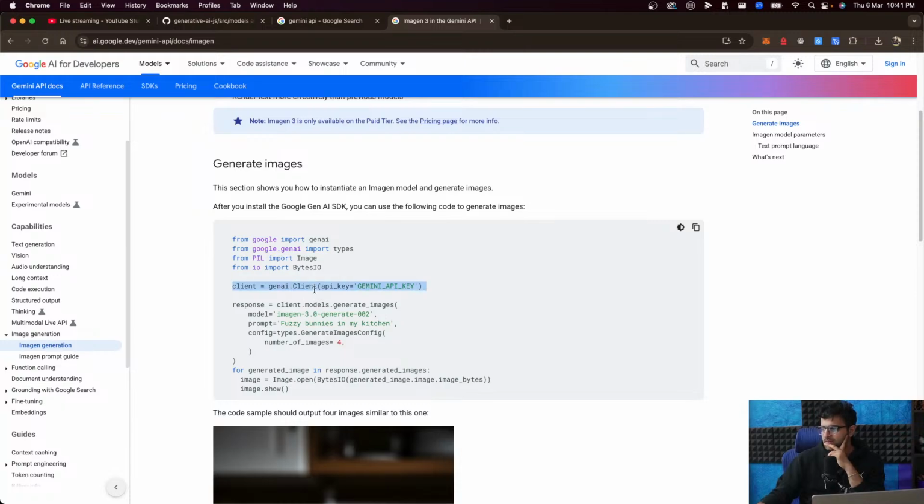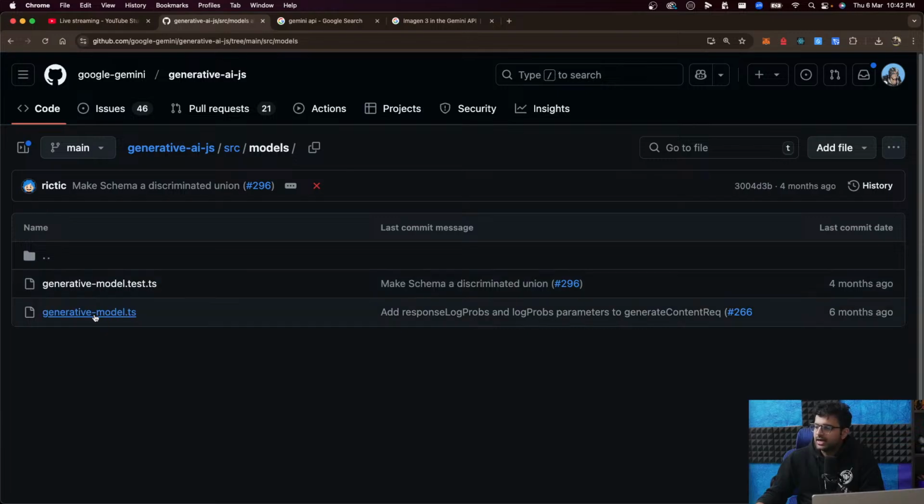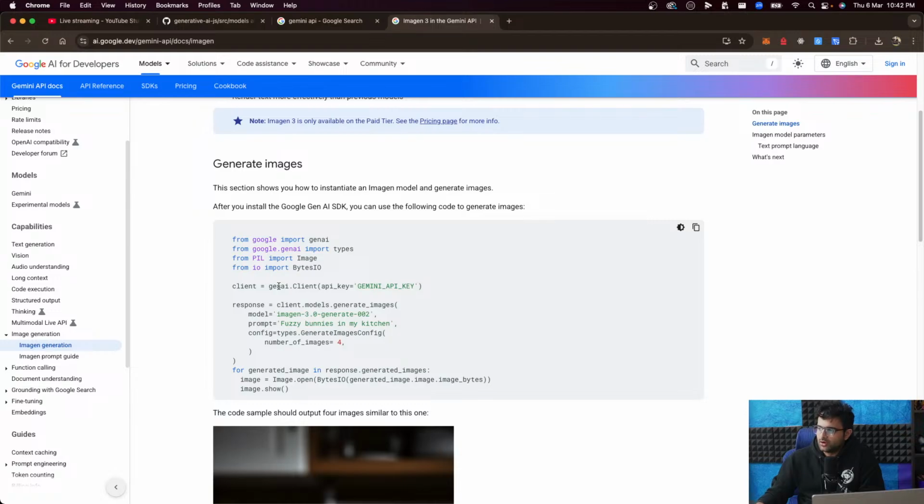genai.Client in the Python SDK, client.models.generate_images, model name equal to this thing. So yeah, that's not great. What I was hoping was, it seems like they expect us to make changes in generativeModel.ts and not create a new file, ImageModel.ts.